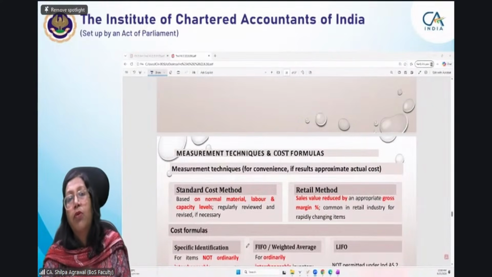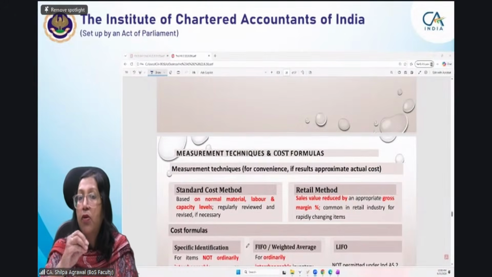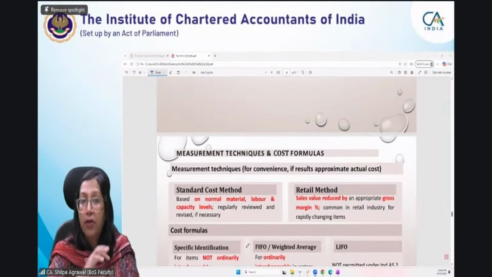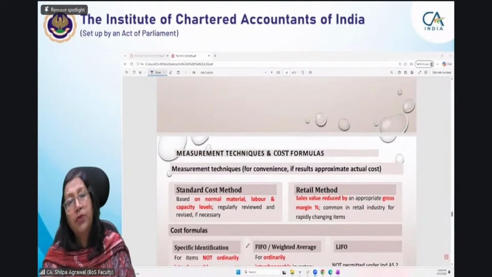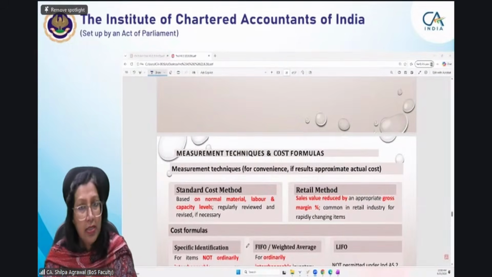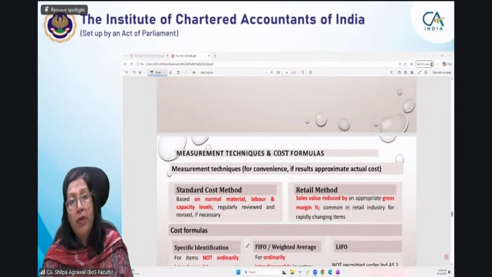आप होम डेकोर में बेड शीट्स, पिलो कवर्स, मैट, सोफा कवर्स एंड ऑल, जो भी खरीदते हैं और उसमें some addition of margin you sell it. You buy it from a wholesaler and then you sell it to the customers. You are a retail shop. Okay. So in that situation, what happens?